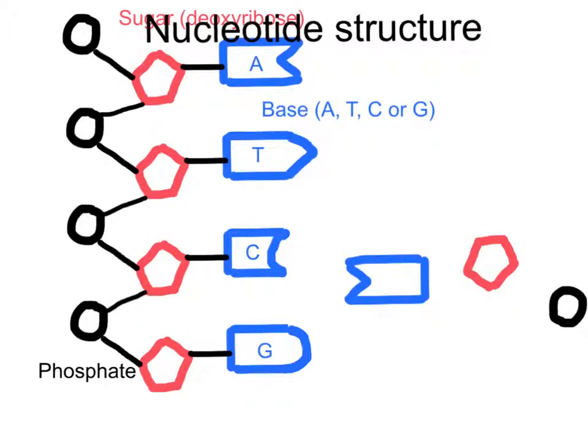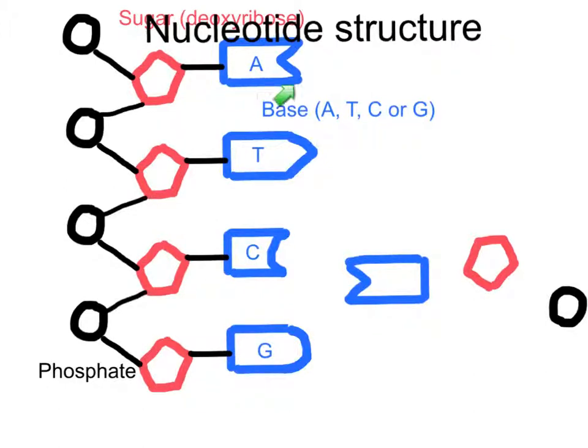So this is a sort of enlarged version of what we were looking at previously, and what we can see now is that we have these alternate phosphate sugars that I was just talking about. So phosphates are these circle parts, and the sugar is the deoxyribose sugar. So phosphate, sugar, phosphate, sugar, phosphate, sugar, phosphate, sugar. Okay, the alternate phosphates and sugars are going to make up the backbone of the DNA, or the outside of the ladder, and